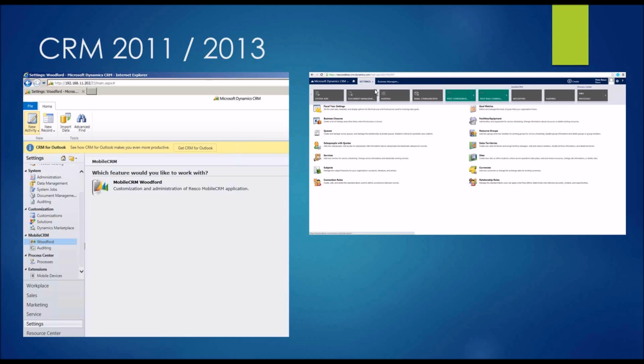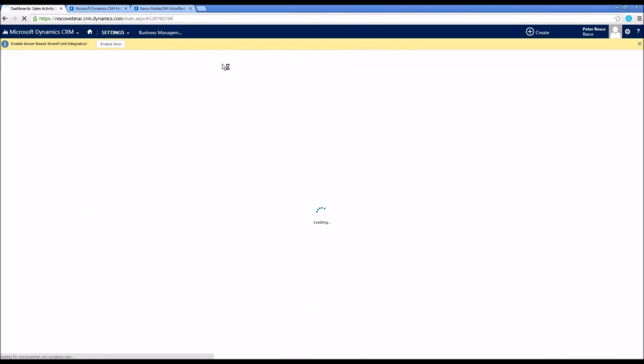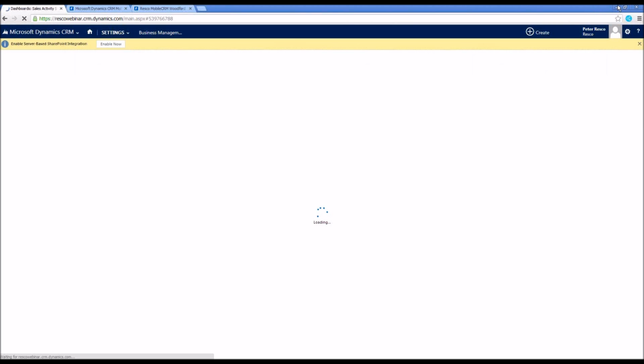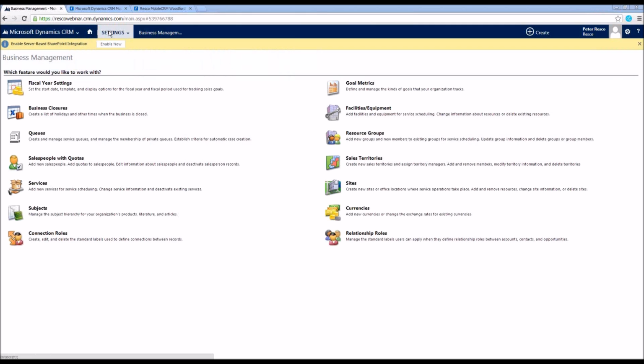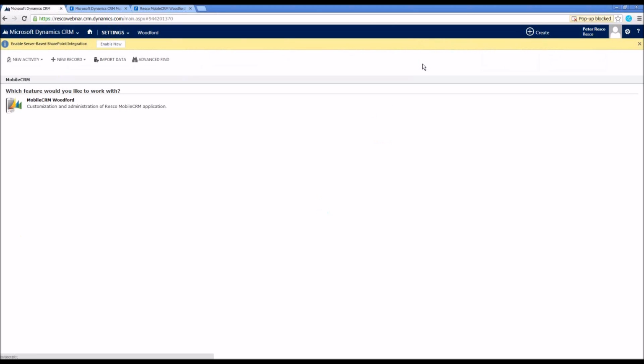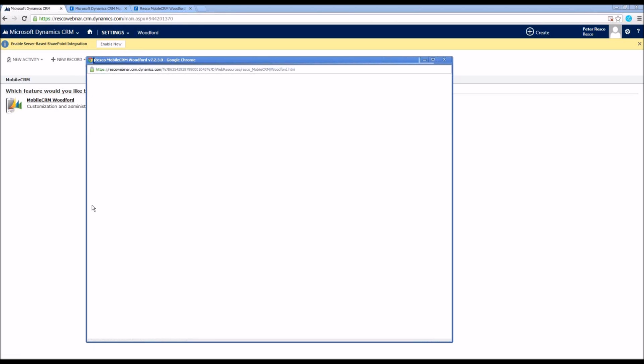In 2013, you can find Woodford if you go to Settings. It was the same as 2011, but I have to go here, go to the right, and then click on Woodford. So let me click on that. So this is the managed solution Woodford. It starts in a